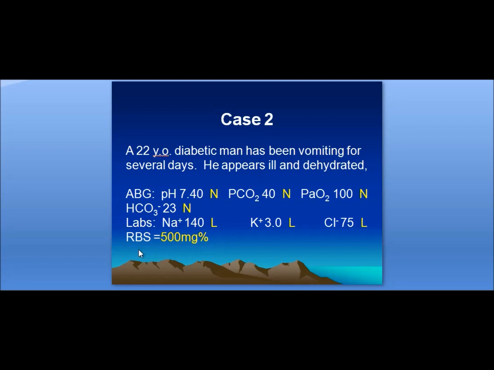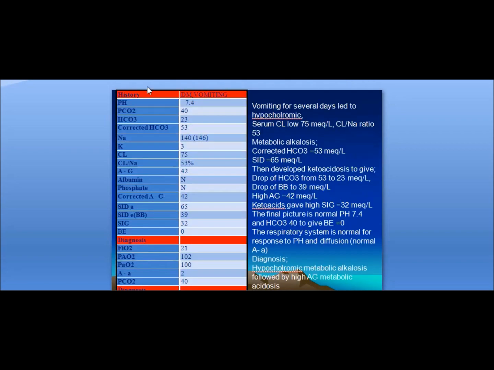When it comes to the lab investigations, pH is normal, 7.4. Partial pressure of carbon dioxide is normal, 40. Partial pressure of oxygen is 100, normal. Bicarbonate 23, normal. All the ABG normal. Sodium is 140, low, potassium 3, low, chloride 75, low, and random blood sugar is 500 milligram per deciliter. Let's come and study